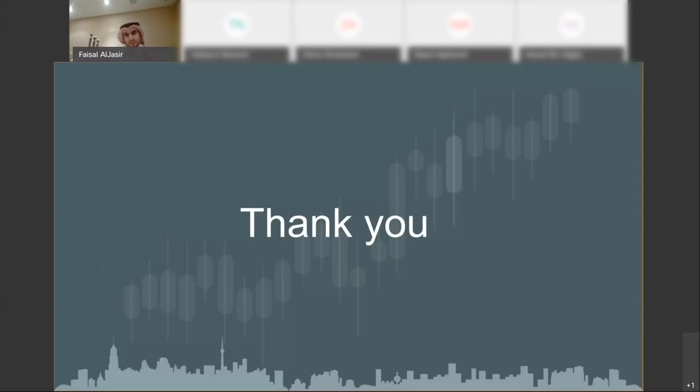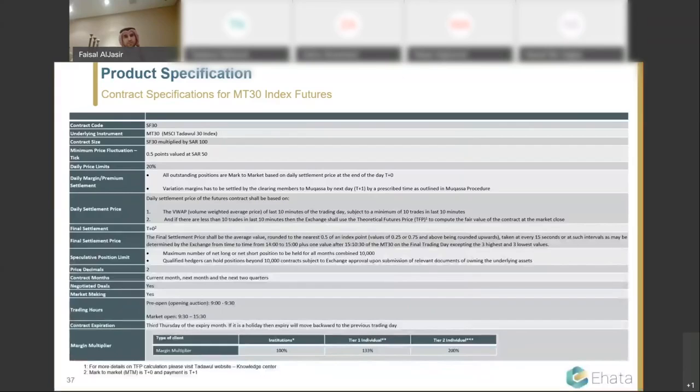So that wraps up our introduction to derivatives. There is some useful information here. This is just to give you a glimpse of the specification you would expect from the future index. Look at the details here. Most of this information is things that we have covered within the presentation. Tick size, daily price limits. We're talking about 20% daily price limits. The daily settlement price,